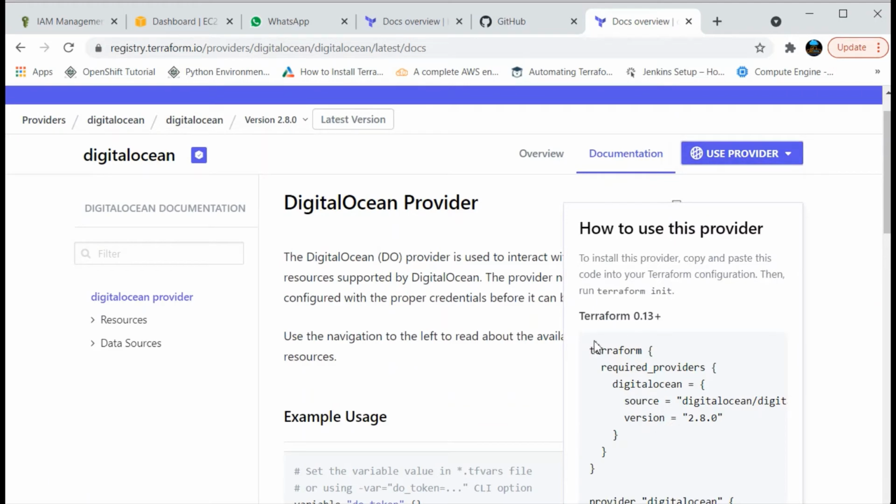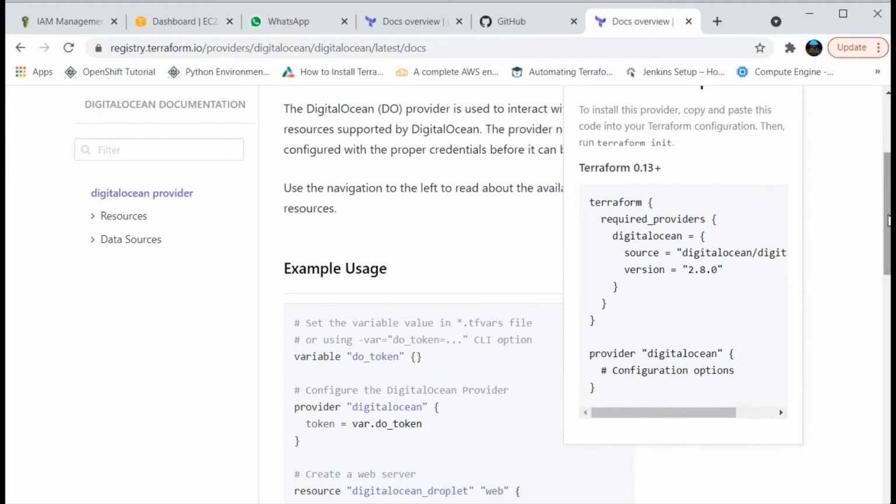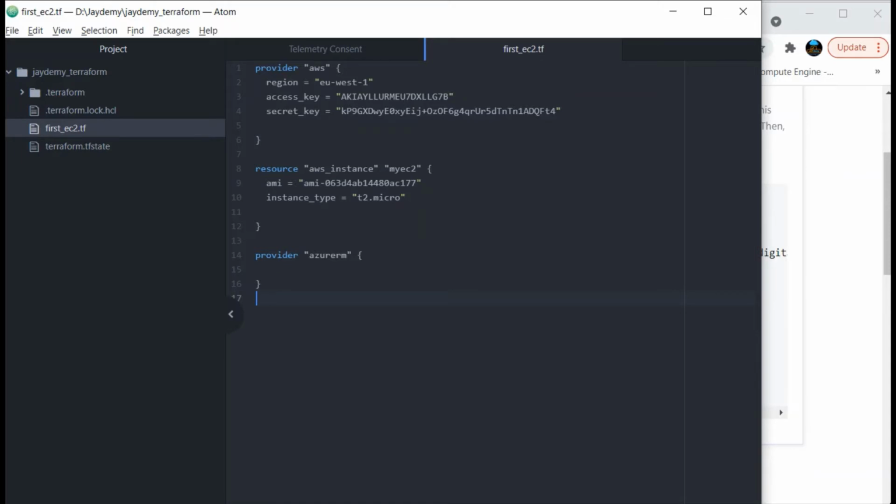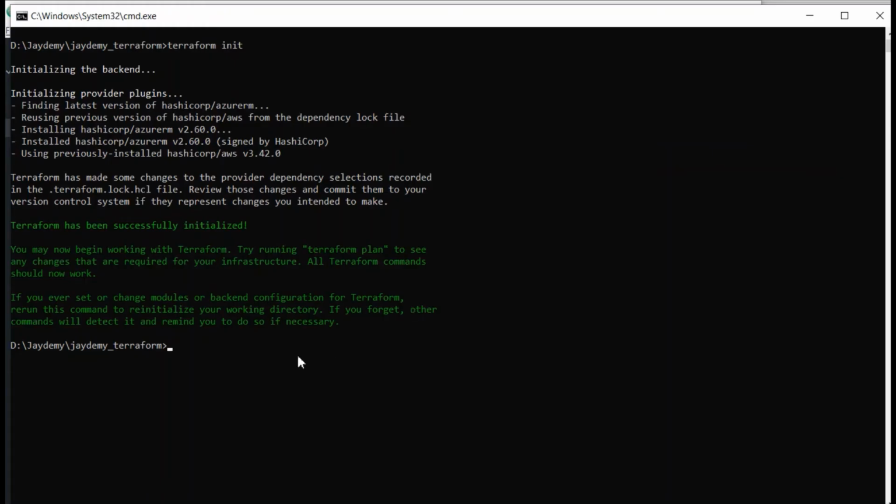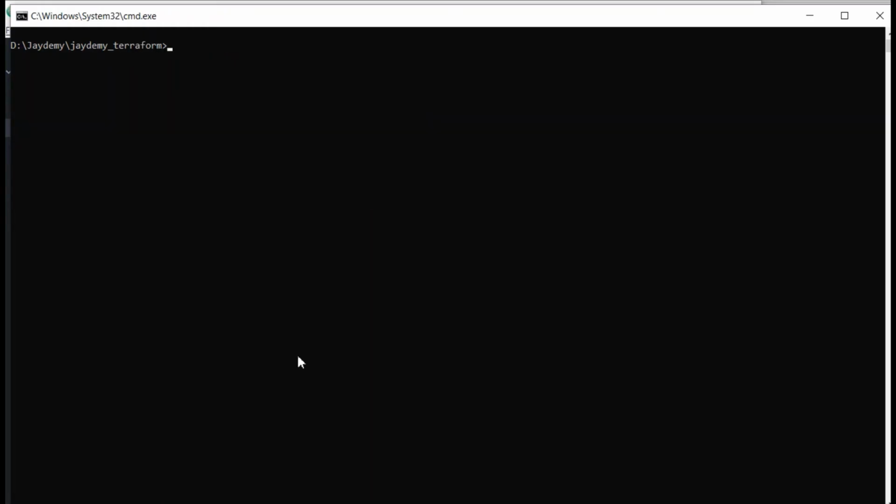Okay, use provider. So what I will do is simply copy the provider here and paste the content of the DigitalOcean provider. Okay, I'll save this one and do init one more time. Let me clear my screen. Again I will do terraform init.